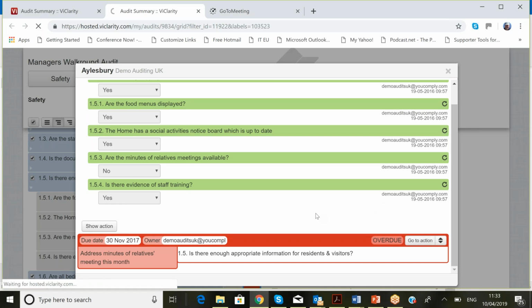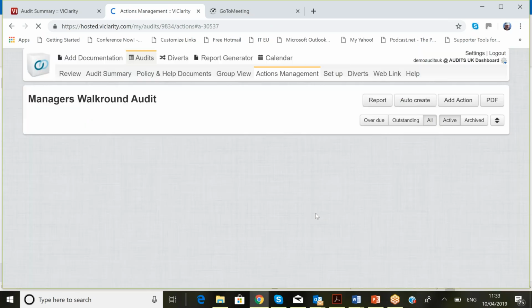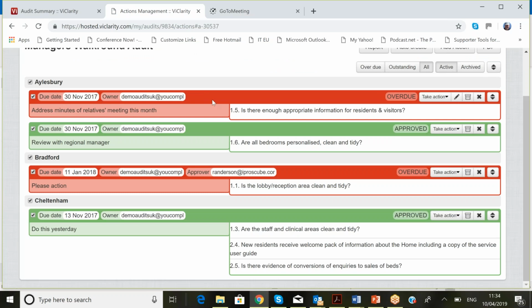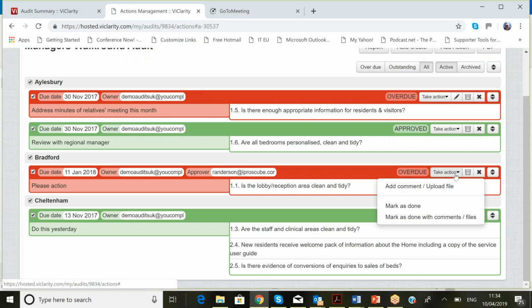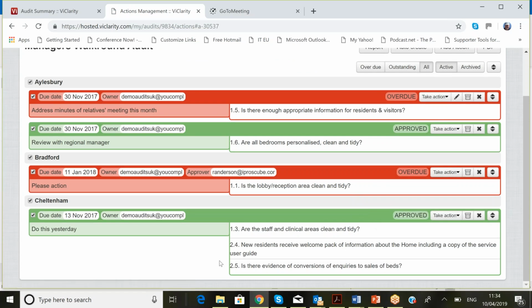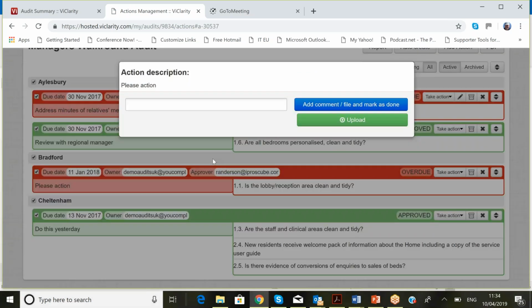Let's say I was the person that owned that action, so I can update my actions in real time as well. I can see my view across all the homes of the open actions, see that some of them are completed and approved, but some are not. So let's just update this one. What I want to do is mark that as done with comments, and it will give me a dialog here. I can upload a file if that's necessary, but let's just say for this demonstration purpose that that's been actioned,